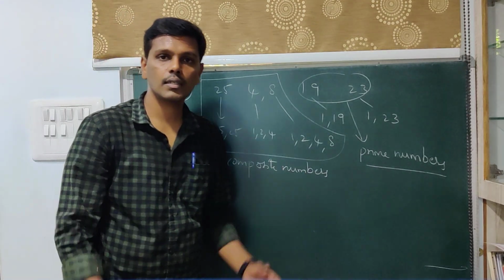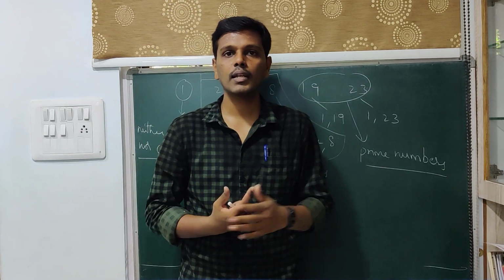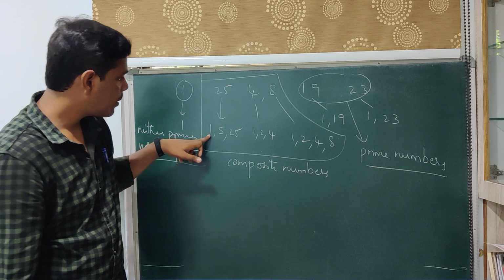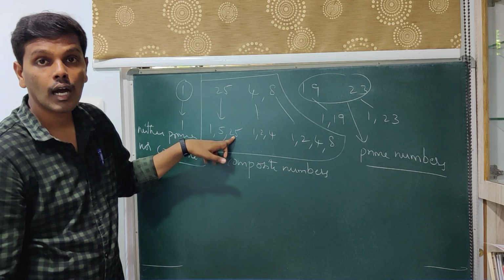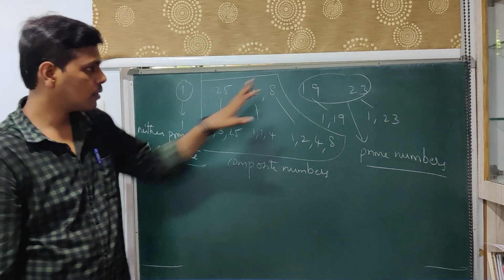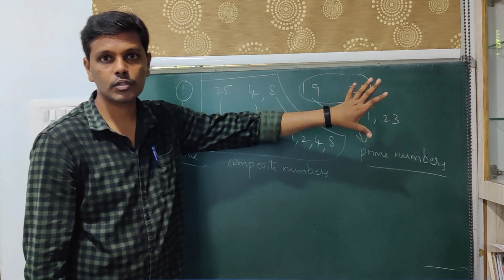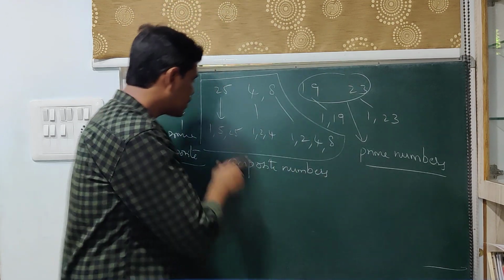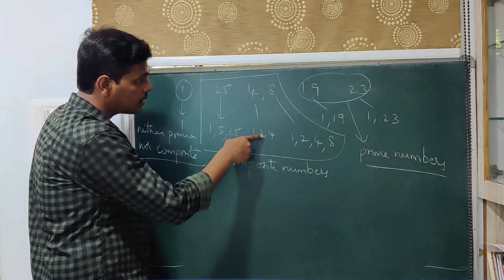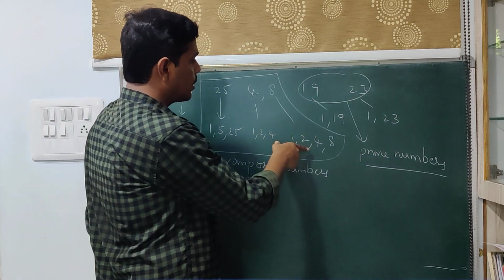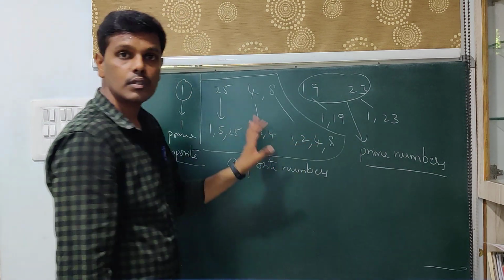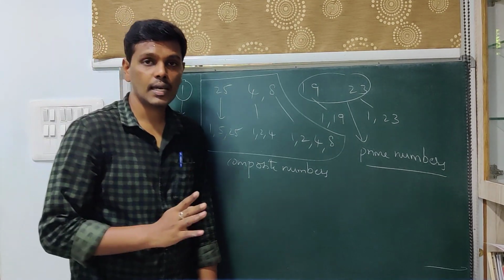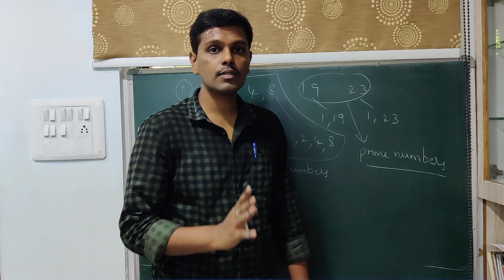Now these are not prime numbers. A prime number is one whose only divisors are 1 and itself. Now 25 is divisible by 1, by 25, and also by 5. Therefore it does not come under this category. Here there is an extra number 5. Here there is an extra number 2. Here there are extra numbers 2 and 4. Therefore these are not prime numbers. So prime numbers are numbers greater than 1 which have 1 and itself as factors.